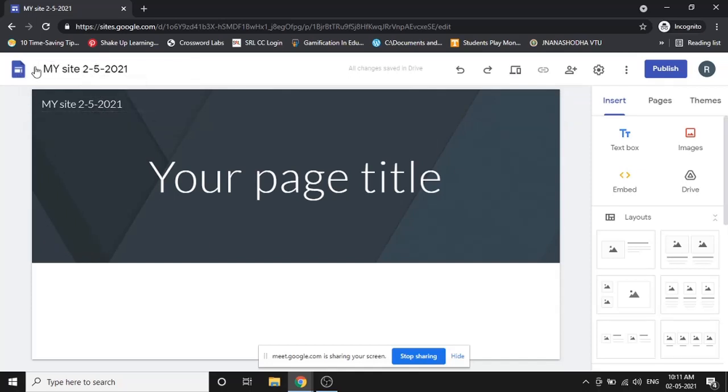On the top, whatever you see, this is the site document name. In case you want to change it, just click on this and you can make some changes there. Below this, whatever you type here automatically comes here. This portion which you can see in ash color on the top left side is what other people will see. For this I'll give my name.